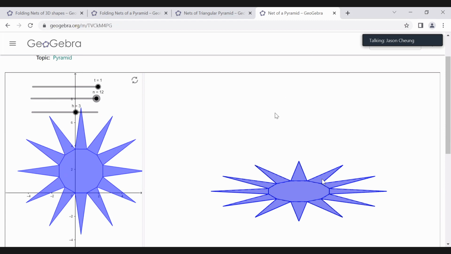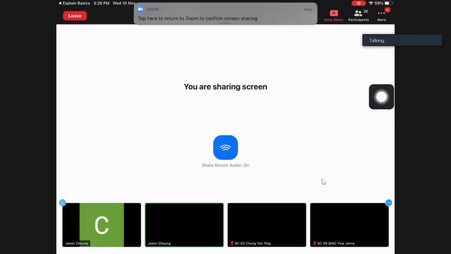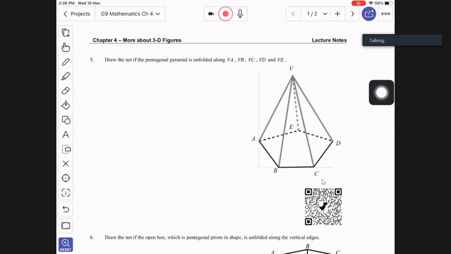I will give you several minutes to do it. But here, one more thing. Let me go back to here first. This one, I would like to explain one more thing. That is, this time 我哋唔可以亂咁畫個 net 嘅。The reason is that this time the question asks you to draw a net if the pentagonal pyramid is unfolded along VA, VB, VC, VD, and VE, which means that